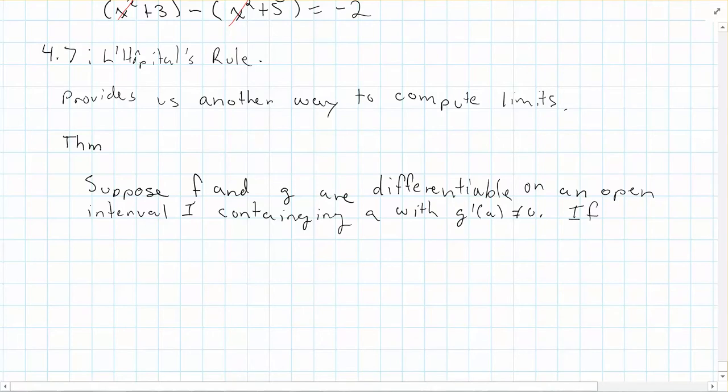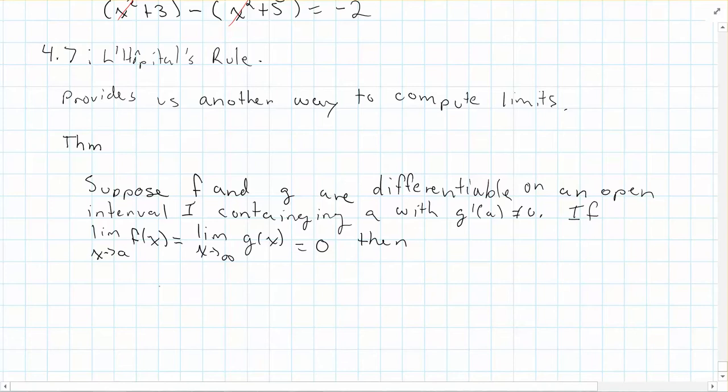If the limit as x approaches A of f at x equals the limit as x approaches A of g at x equals 0,